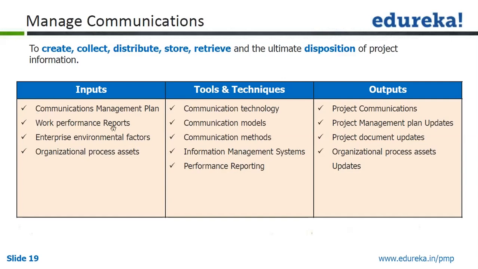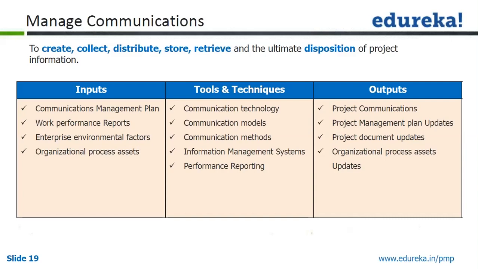If you remember, the work performance report is essentially formatting and putting the information collected in work performance information in the appropriate format, in electronic format or hard copy, and this work performance report can be used to report the performance of the project to the appropriate